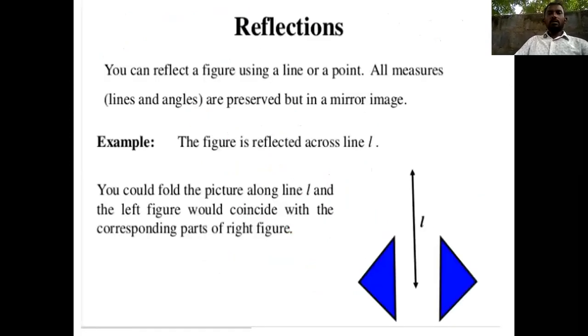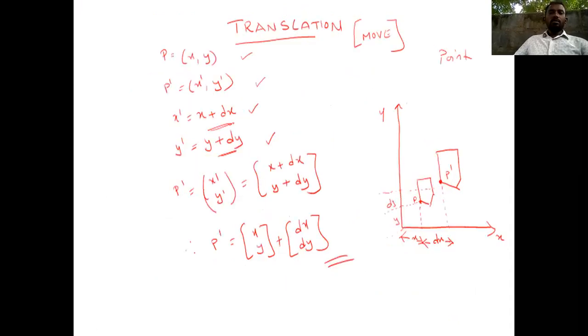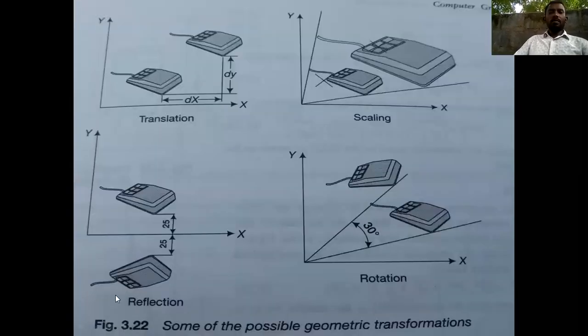So the next one is rotation. See here, rotation is how the object will rotate, as in the previous diagram. Sorry, reflection. So this is the transformation of reflection. Reflection is nothing but, see here: this object has no change of shape and size, we are just moving it in this direction. This position is the initial one, and when we reflect, the object will move like this. This is an example of reflection.